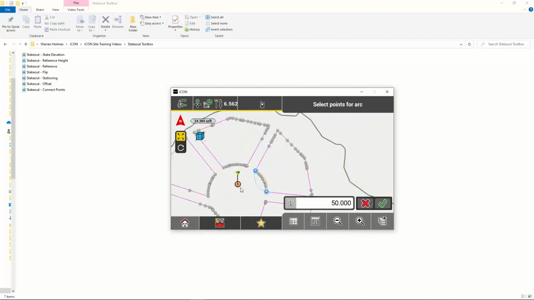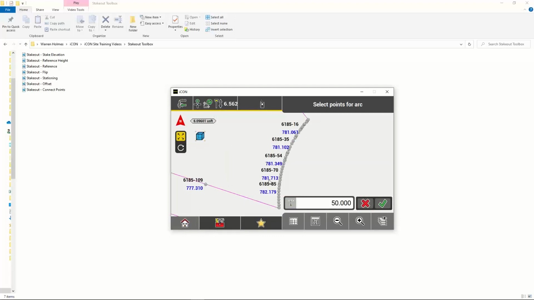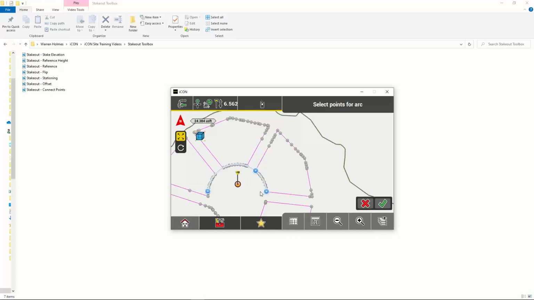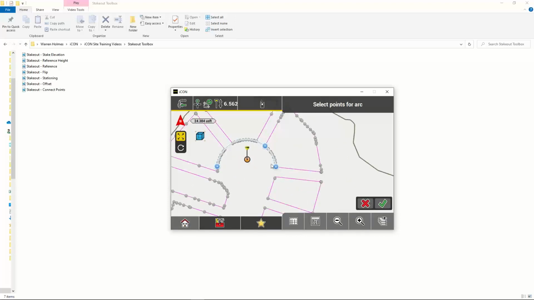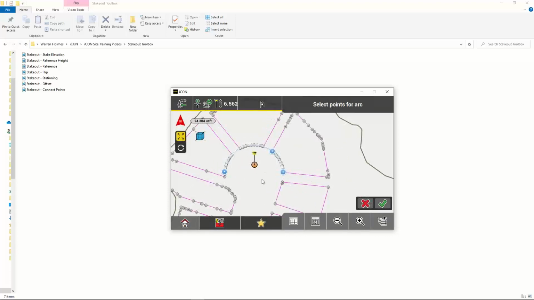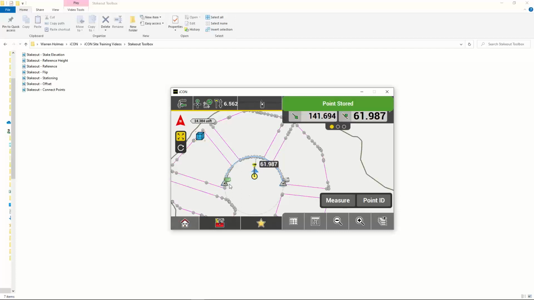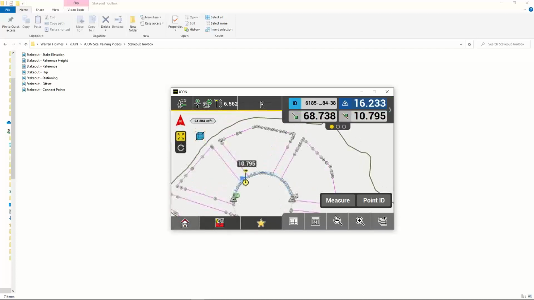You would more than likely just pick a third point and have it automatically solve your geometry there for you to where it displays that. Like I said, I wouldn't use this a ton in a Stakeout, but I could think of a couple reasons, I guess. One of them being, let's just say you wanted to keep staking this arc in between these actual building pads right here on that same radius. You can check it. And of course you can,